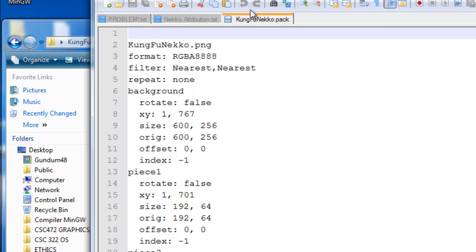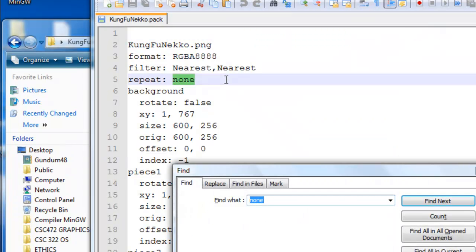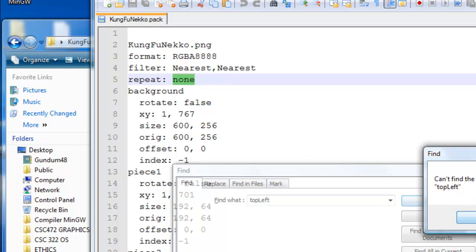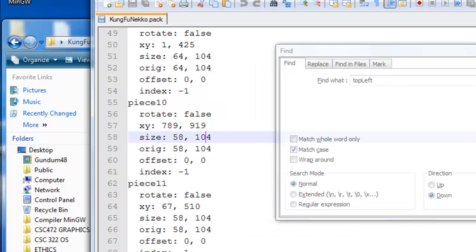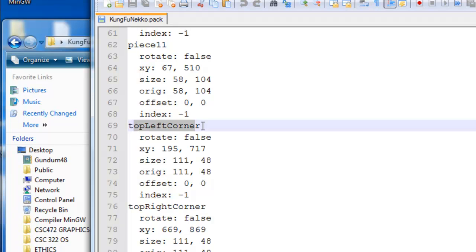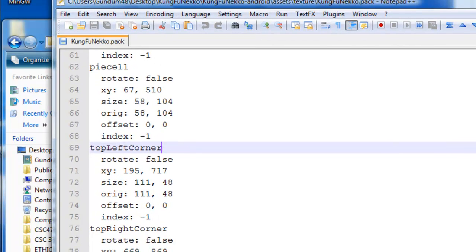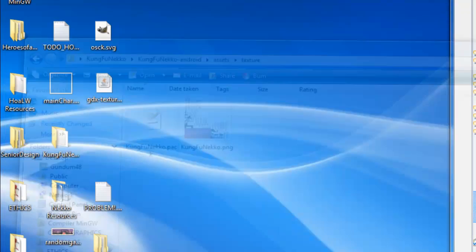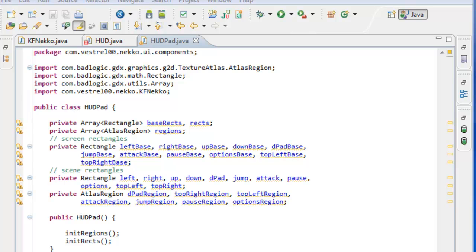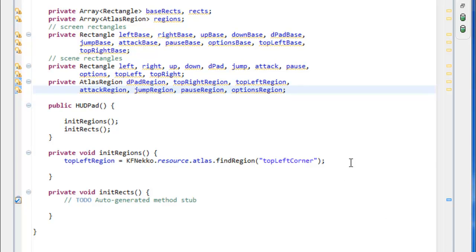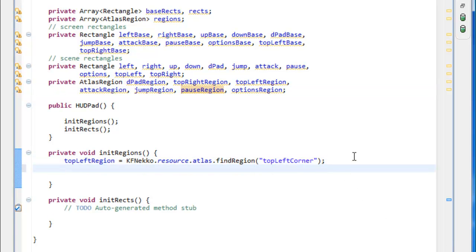So if we control find top left, see right here, top left corner. So that's just the texture. This is the way the texture atlas works, and it's pretty intuitive. It's pretty simple. So I don't think I need to explain that. Just need to go back there and find out what we named these things. So top right region,